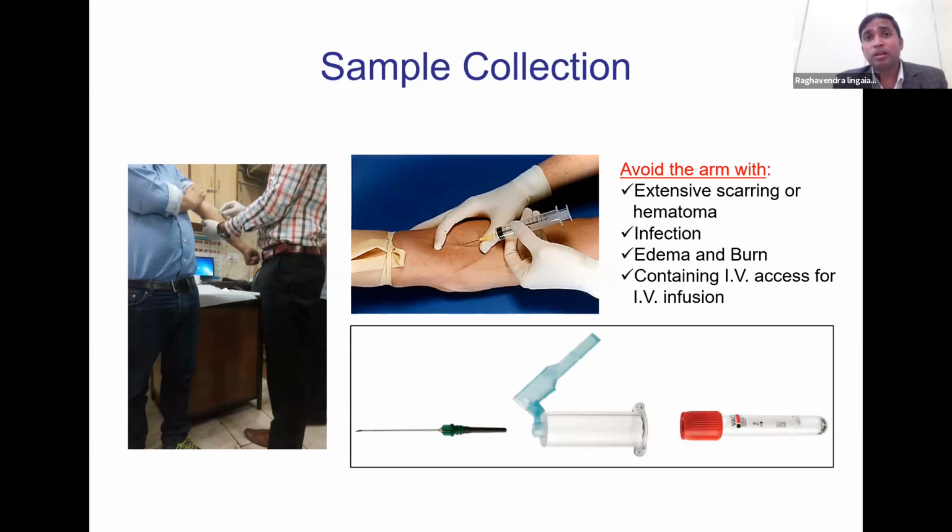It is always preferable to use a multi-sample needle because you can easily change the vacutainers and you don't have to depend on syringes to take the appropriate volume. For example, if you need around 15 ml of blood and you have only a 5 ml syringe, you need to constantly change, right? Which might lead to complications of its own. But if you use a multi-sample needle, it's very easy to switch between the vacutainers and you can draw the appropriate volume of blood.